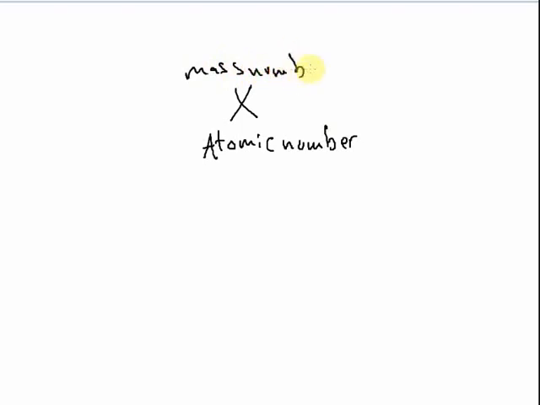If we have the element X, any element, it has an atomic number and a mass number. The atomic number represents the number of electrons or the number of protons, and the mass number represents the sum of protons plus neutrons. Okay, so we will have an element like carbon